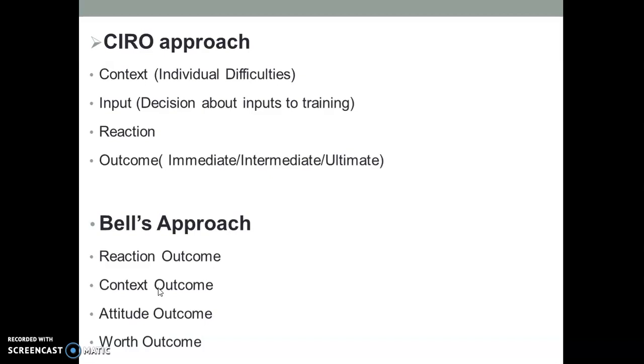The outcome will be immediate because the moment they are provided with training, thereafter they are going to put all of it into practice. Whereas the intermediate will be in the context of when the individual is being provided with training and the outcome is received with respect to their different stages of process. Like when we say intermediate, it means if we have some training sessions being provided,